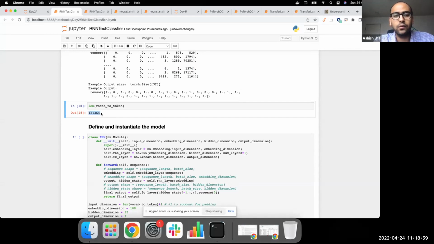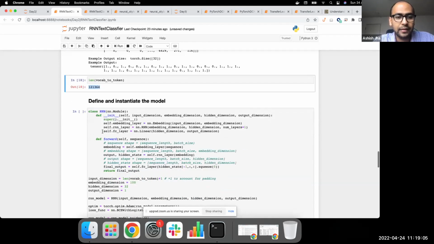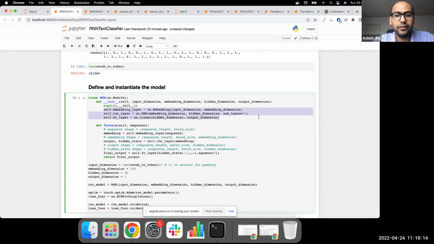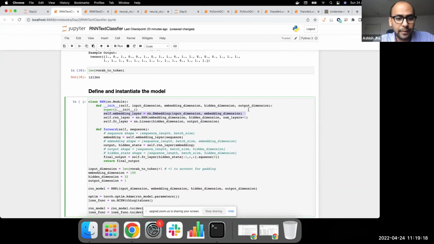Anyone who is familiar with one hot encoding and the curse of dimensionality would know that these many dimensions as input will blow up the entire model, and therefore we need this first layer in this model called the embedding layer. What is the role of this embedding layer?